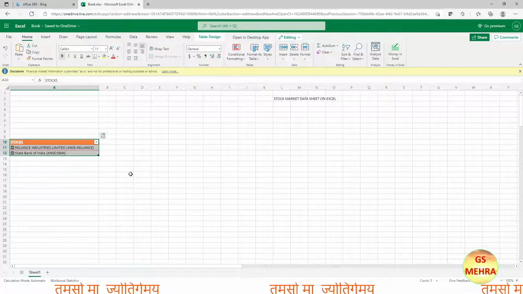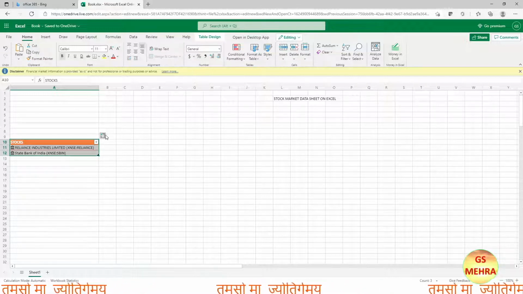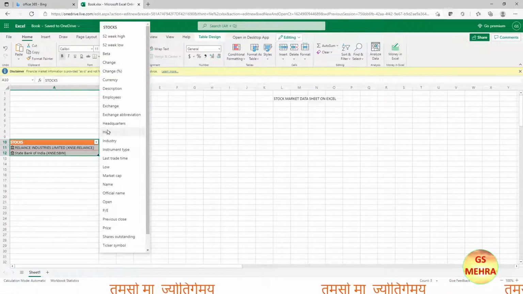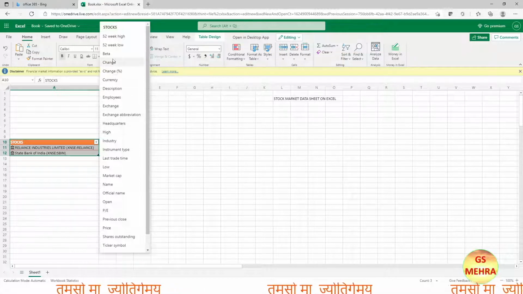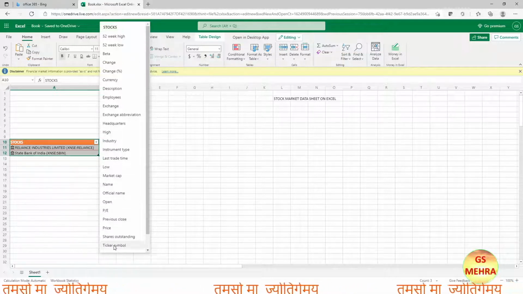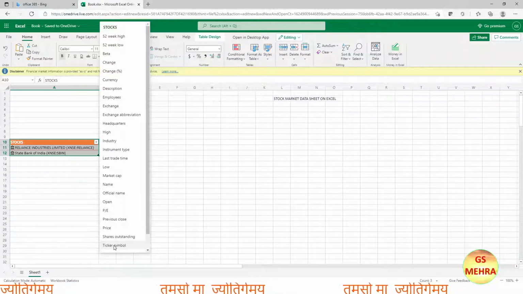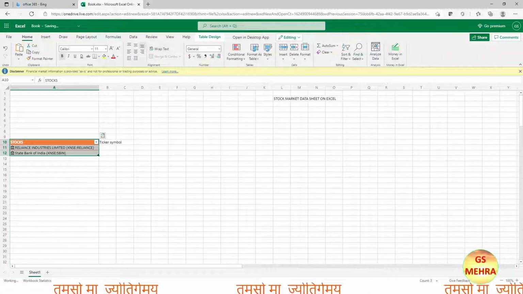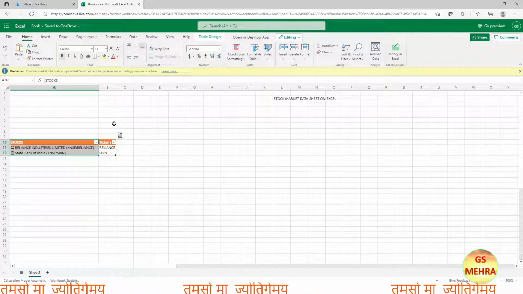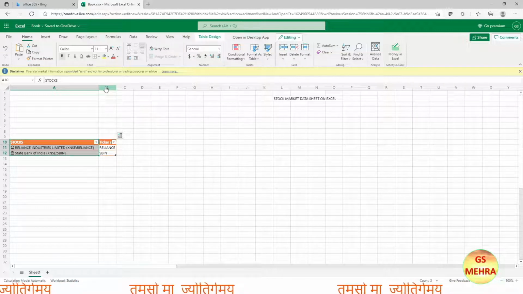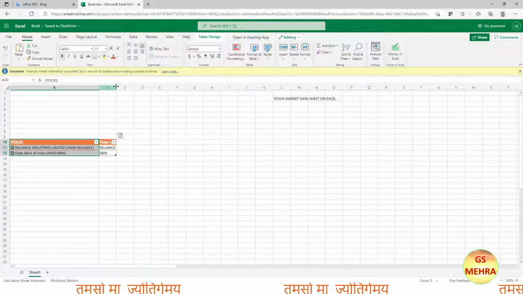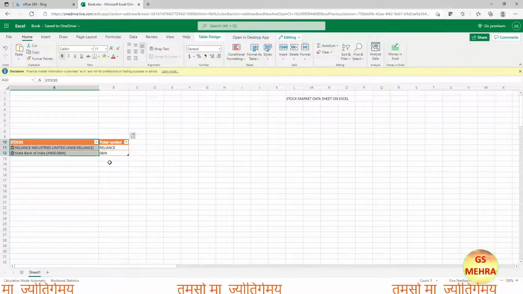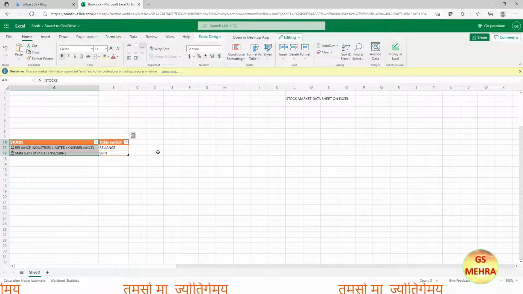After that, you can see this rectangle type is there, with bars in it. If you click on that, we are having here so many informations. Out of that, we want ticker symbol. So what is ticker symbol? It is the symbol by which the stock exchange will execute our orders. When we click on that, you'll see that automatically we are getting the ticker symbol for Reliance Industries and State Bank of India. Now you can see that this small thin line is there between the column A and B, separating it. When we double click it, it will increase the width of our column.